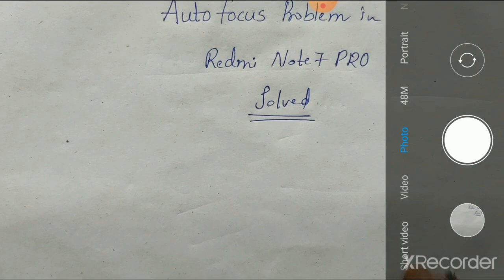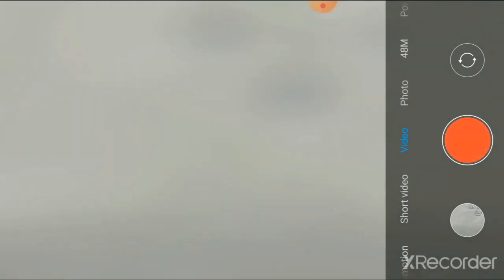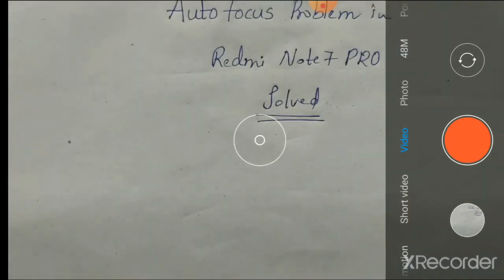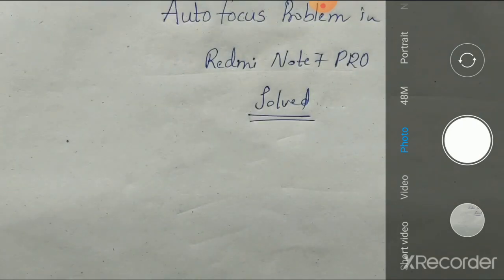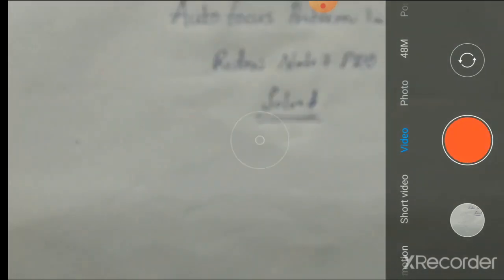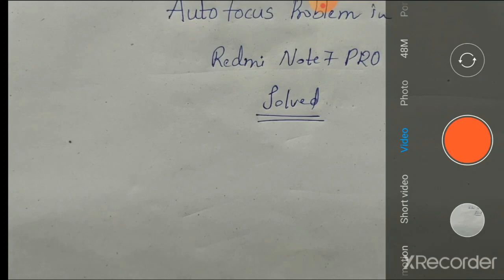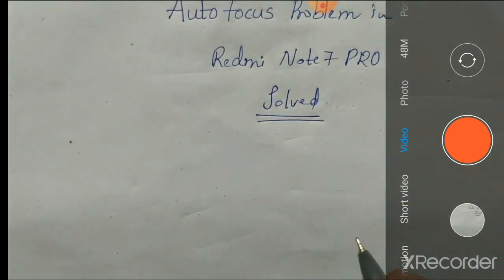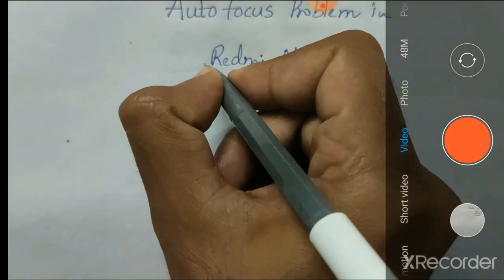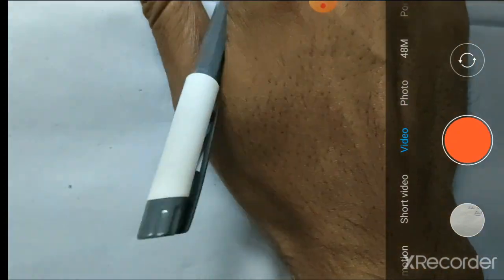So now the problem is, let us see, I want to record a video. So when I click the video, see, now autofocus is enabled. Generally by default this autofocus will be there. See, autofocus. So now it is showing autofocus. So now when I am trying to write something on my paper, whenever I move hand like this, see, now the autofocus effect is disturbing you.